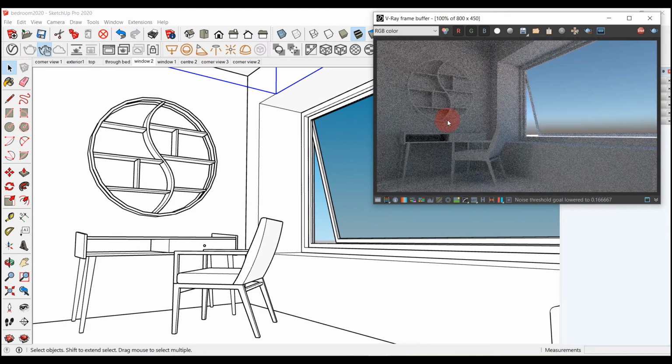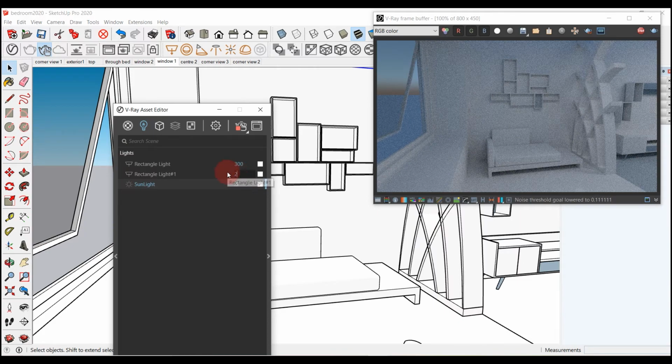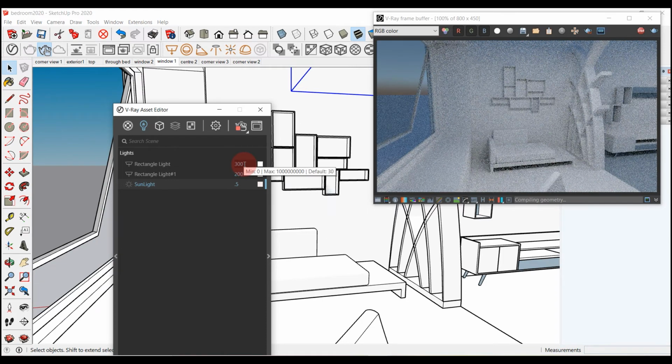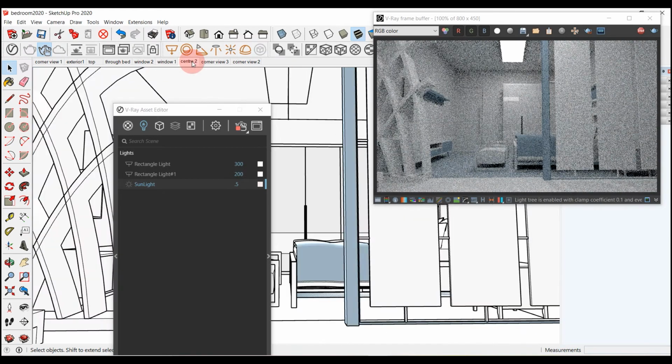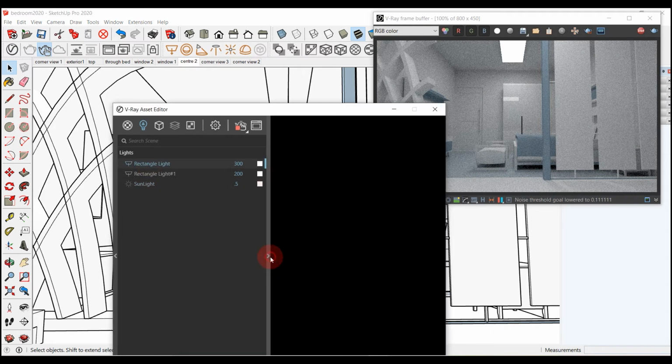So this is how we add rectangular lights in a 3D model. You can go ahead and play with its settings and observe how the render changes when you change a particular setting. Note down the observations somewhere because it is going to help you set your own render environment for your future projects.